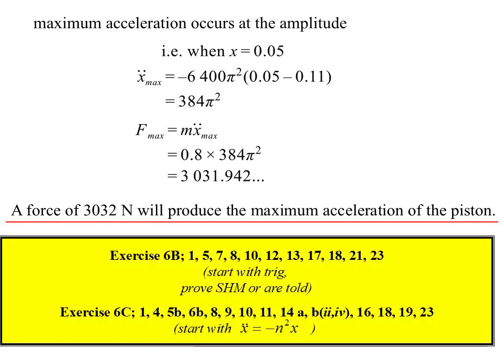Okay, so a couple of exercises there on simple harmonic motion. 6B are ones that usually you start with the trig and then go and prove the simple harmonic motion, or you're told it is, whereas 6C is the other way around. It starts with the acceleration and